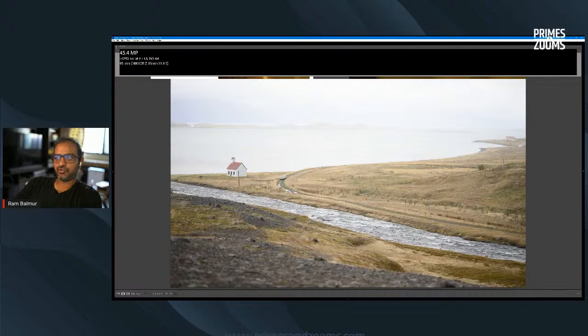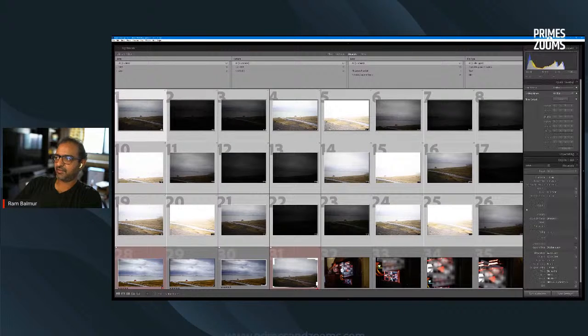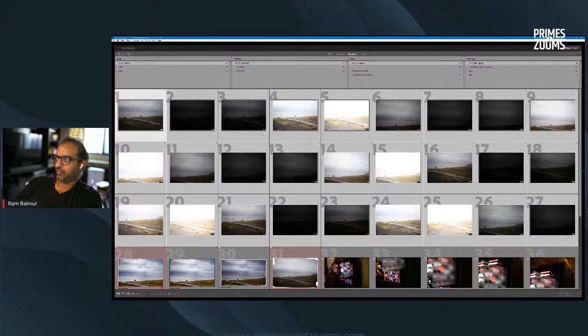So I shot bracketed exposures of all of these things and combined them into an HDR panorama. So I can select all these images. So the 27 images, there should be more. I don't know if that's right or not, but let's just try. It should actually only be 25 images, but